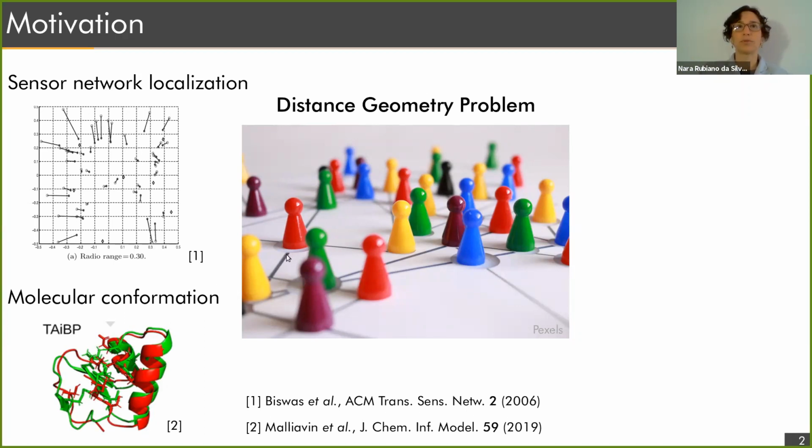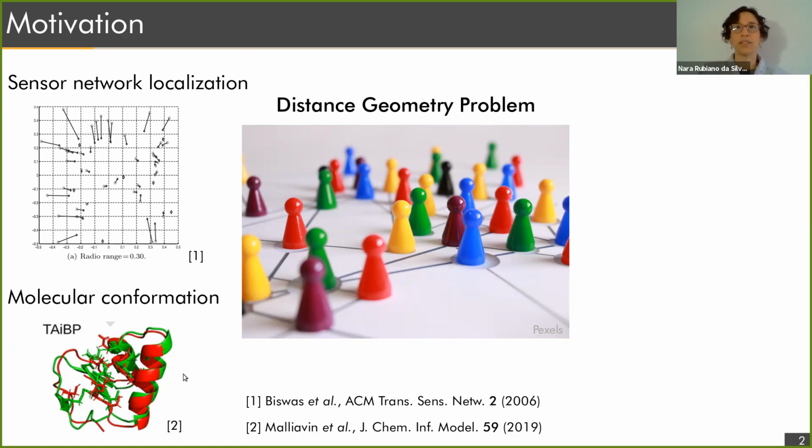There was also this 3D motion of skeletons. So these are interesting applications that can be connected to physics and to experiments in physics, especially the molecular conformation one, where theoretical predictions using distance geometry problems can be confronted with state-of-the-art imaging and diffraction techniques.